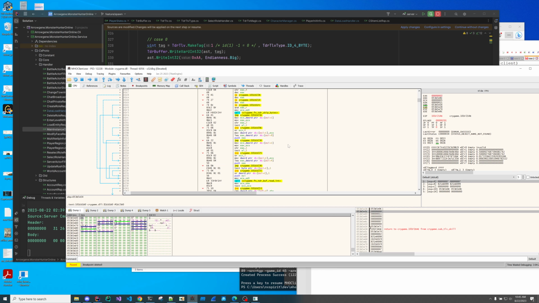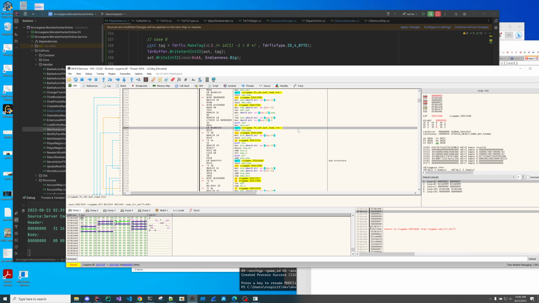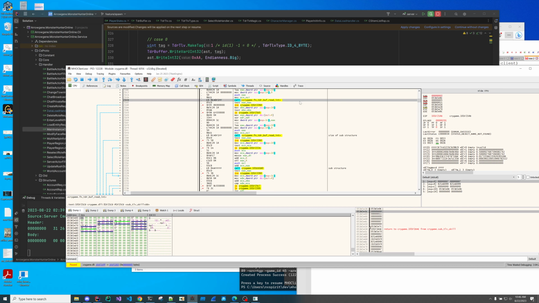So it reads a tag. That means this one is a substructure. Okay? And this int is the size of the substructure, and this one is the size of all substructures. I know this because I've done this before, but basically what's happening is I will first tell it what's